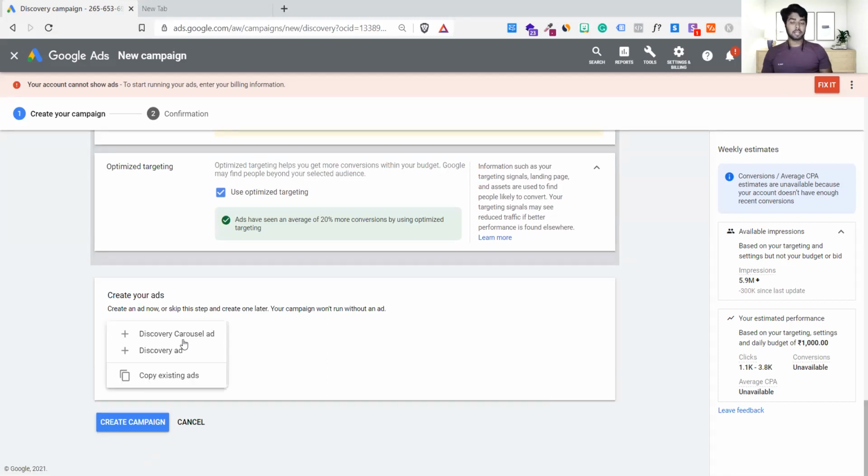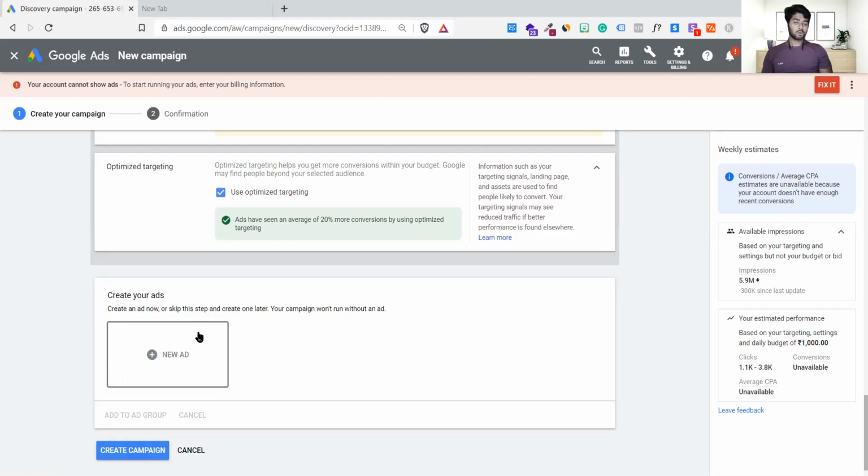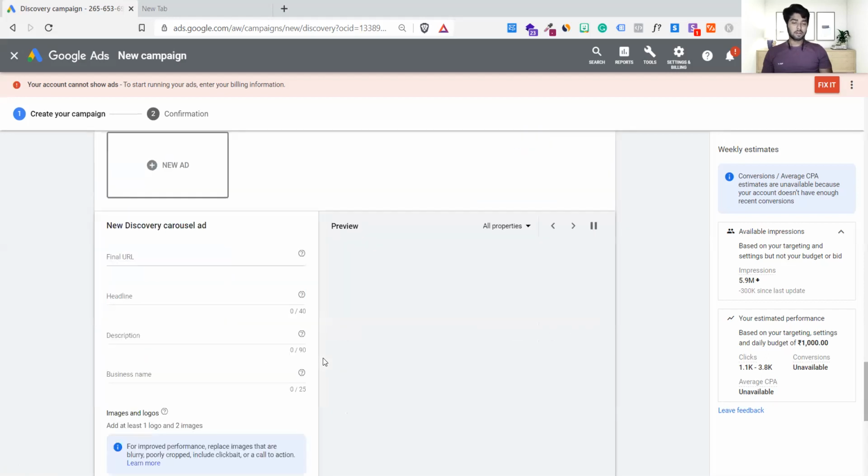Let's create an ad quickly. The moment I click it, you can see there is one discovery ad coming. Another is a discovery carousel ad. How many have you seen on YouTube? There are carousel ads there. Yes, I have seen it. I hope everyone has seen it, right, guys? I have seen it on Instagram, not on YouTube, I think. Okay, let me just show you quickly then. Then it will be a fun learning for you.